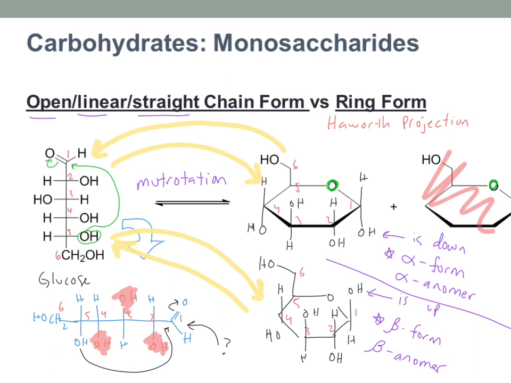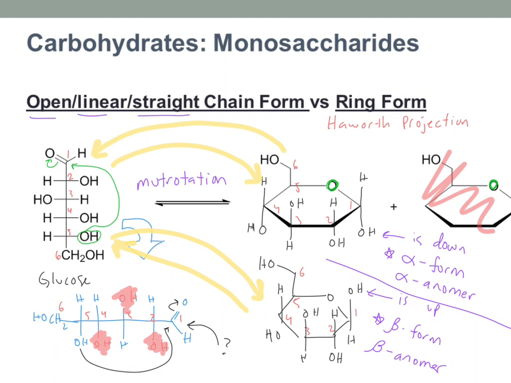And this isn't unique to just glucose. The same thing happens for fructose, galactose. Really any sugar can mutarotate. And so no one can hand you, for example, a bottle of alpha glucose, because as soon as you put it in solution, it's going to open and close and open and close and open and close. Now there are versions, one is more stable than the other one. We don't have to get quite into that right now.